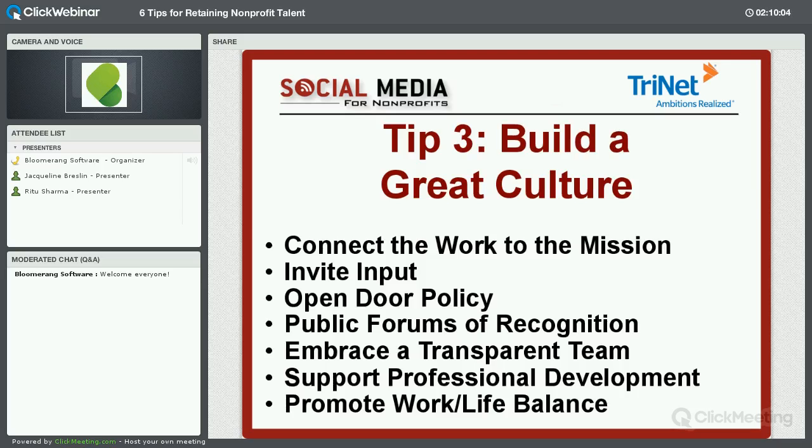It's very straightforward. Support professional development. This is really important. I think one of the things that we look for and what helps a nonprofit retain talent is, again, providing professional development opportunities. Membership at different organizations like the Association of Fundraising Professionals, the Nonprofit Technology Enterprise Network, whatever their fields of expertise is, finding if there are organizations that they should be members of so they can develop their network,